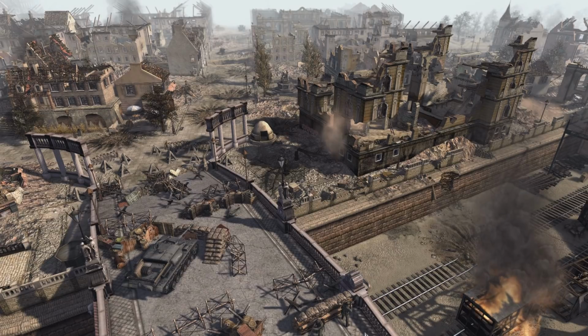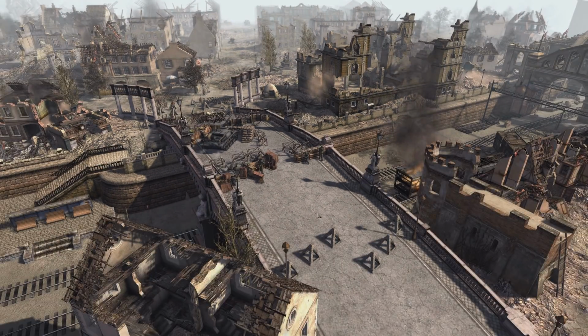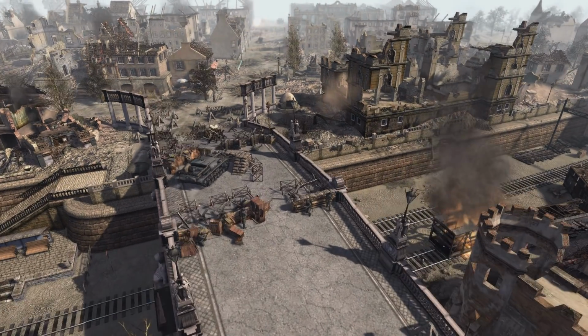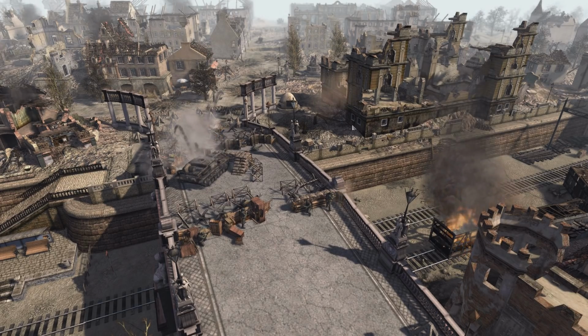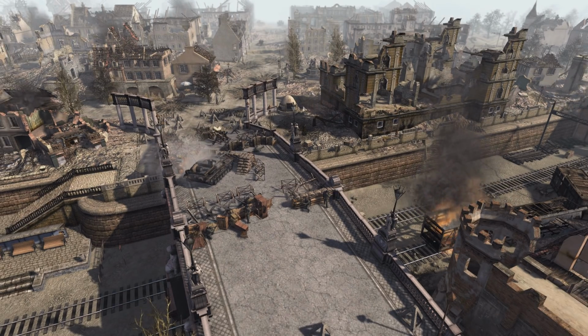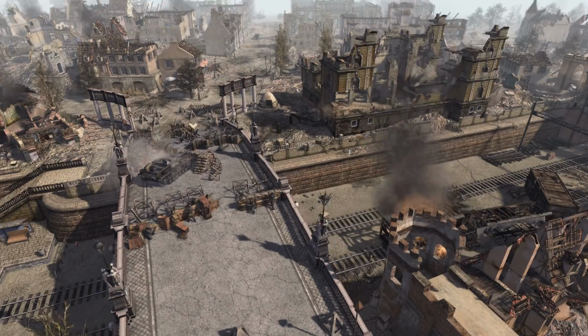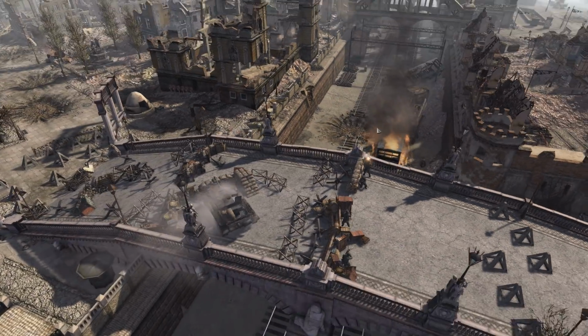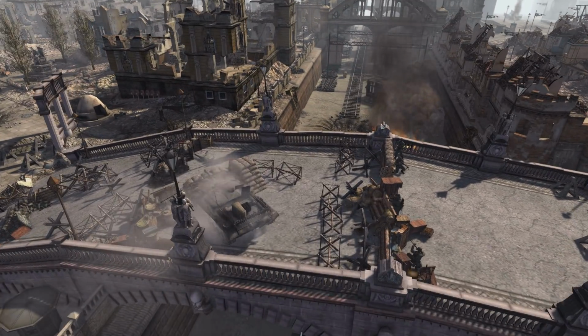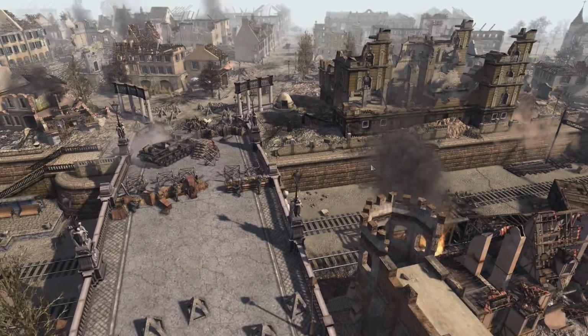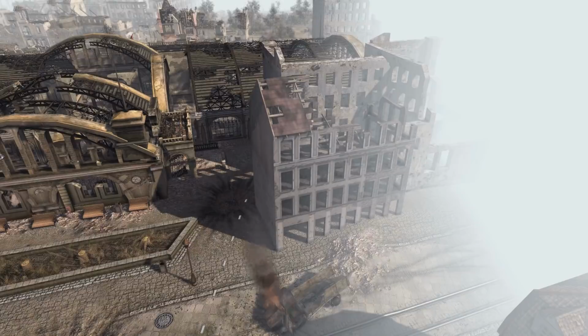KV-85. KV-85s were later replaced by the IS series, and they had their production stopped in, I believe, 1943 or 1944. The reason why I'm using a KV-85 instead of an IS-1 or 2 here in the final Battle of Berlin is because they kind of don't work with the mod. The machine gunner animation is really messed up. So until that's fixed, we'll have to run with what we can.